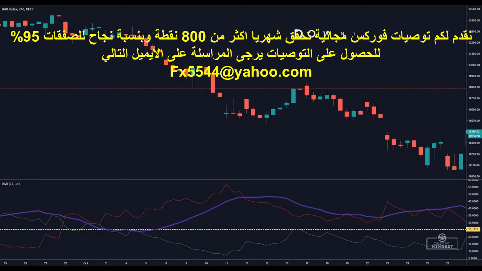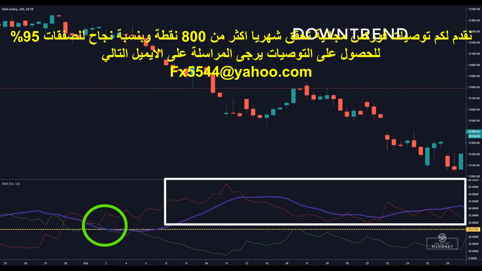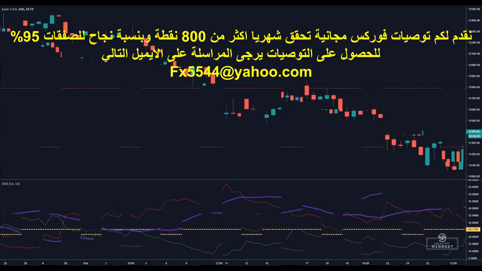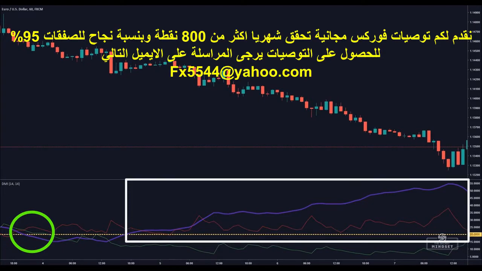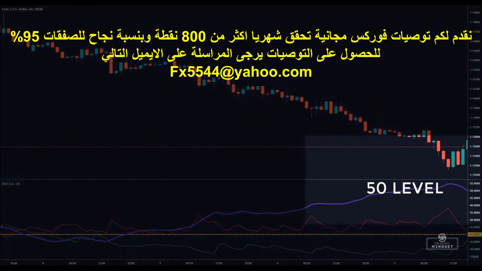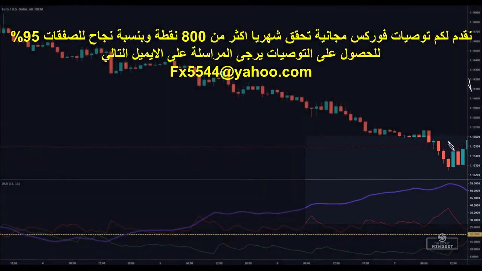Here's a downtrend on the DAX index. The negative directional movement indicator crossed above the positive one, and once the ADX line stabilized above the 25 level, we were safe to search for short opportunities. And here we have another example on the EUR/USD. The bears are in complete control of the market as the negative directional movement indicator is above the positive directional movement indicator and the ADX line rose to the 50 threshold, which leads us to the final interpretation of the